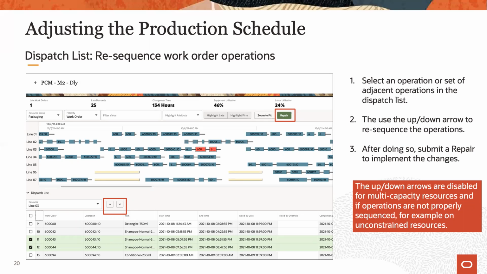Also, the resequenced operations may overlap with subsequent operations, possibly because larger changeovers had to be inserted into the block of operations.